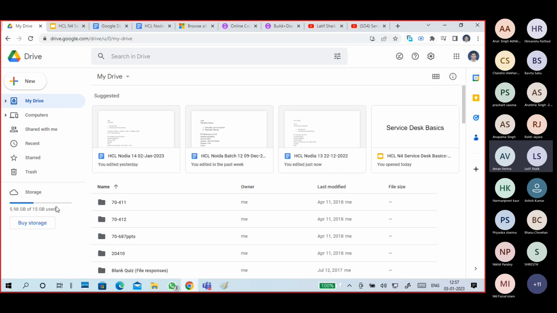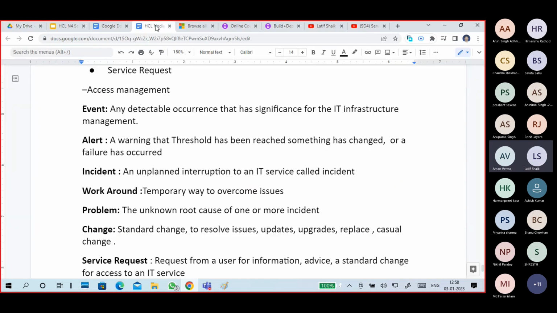If I add 5 GB extra, what happens? 90% or 99 point something percent is full. No, you cannot put more data. You have to buy storage or delete the existing data, right? So now it is blue color, good. If it is showing red color, it means it is a danger symbol. Okay. So this is also like an alerting system, a notification system.